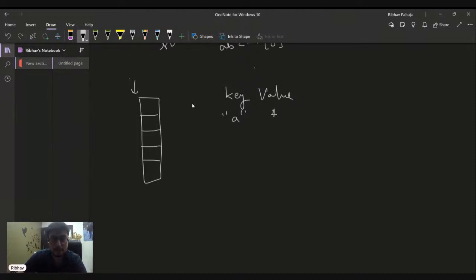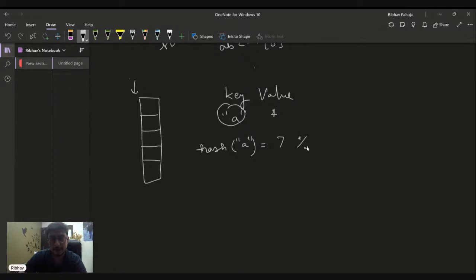So how do I calculate where this key A will go? I'll be calculating the hash of A. Now this hash might come out to be a value greater than the size of the array list. So let's say this comes out as 7, and the size of the array list is 5.